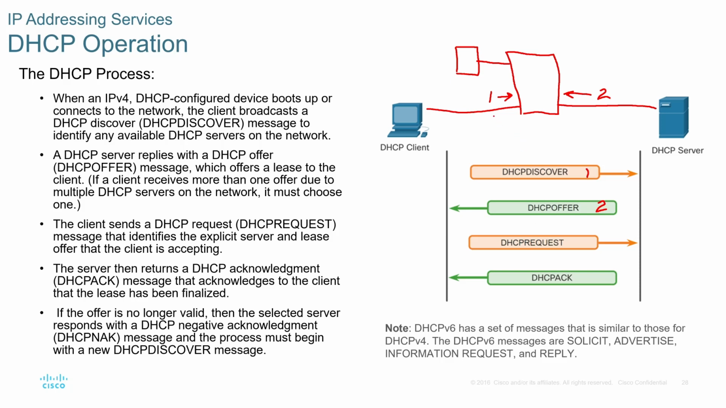The request, which we will call 3, again goes into the switch, and the acknowledgement should be coming from the server into the trusted port. Another host port